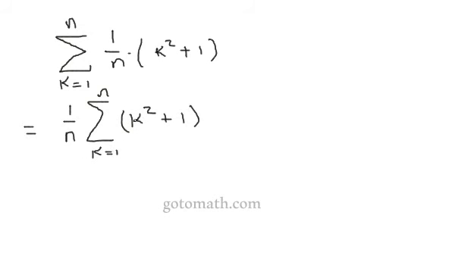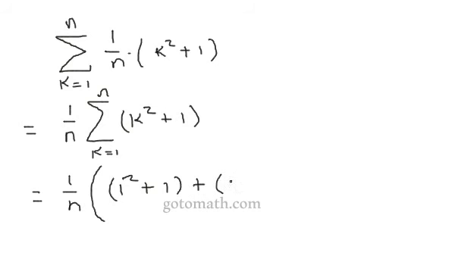So this was something similar that we did just a little while ago, but I think it was n minus 1, and of course I believe we started at 0 here. But that's okay. Alright, so we're going to write this out as 1 over n, and I'm going to start a parentheses. So I'm plugging 1 in. So 1 squared plus 1, and of course I'm going to put this in parentheses